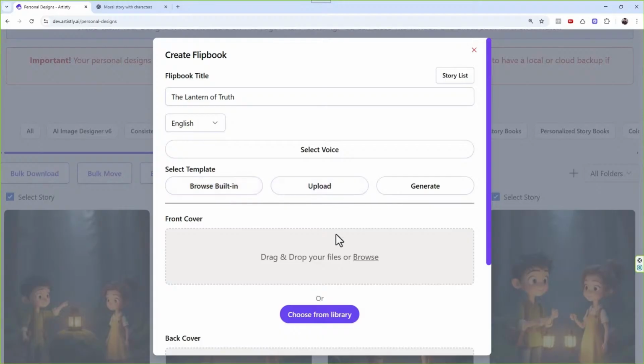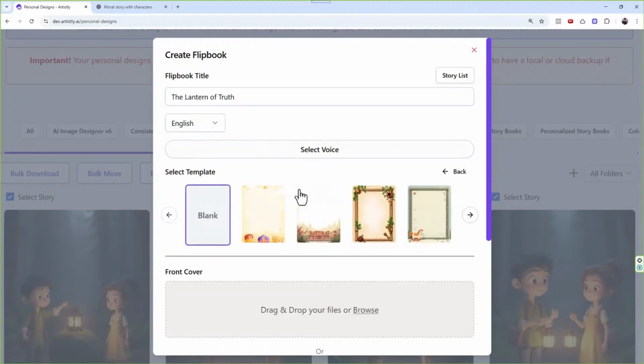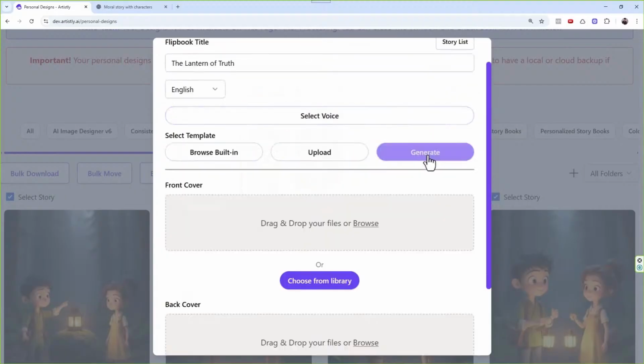For the time being, if you want these front cover images to be created, I'll show you. You can go to the consistent character tab, multiple characters, upload these two, and then give a prompt, taking a little bit of ChatGPT's help there. You can add a read aloud narration, change it to any language, and select the page template. By the way, a lot of you were asking, hey Yash, can we use our own template without the border with some other creation? Yes, you can.